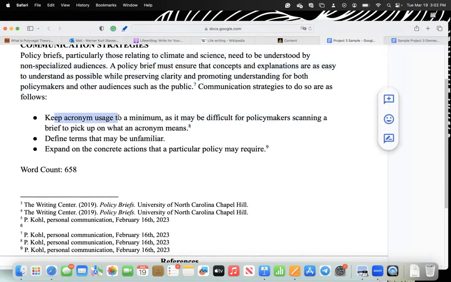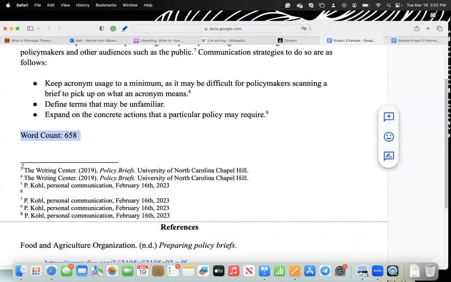Keep acronym usage to a minimum in this case. Secondly, define terms. Thirdly, expand on concrete actions. We see the listing of word count here. As to how to actually put in